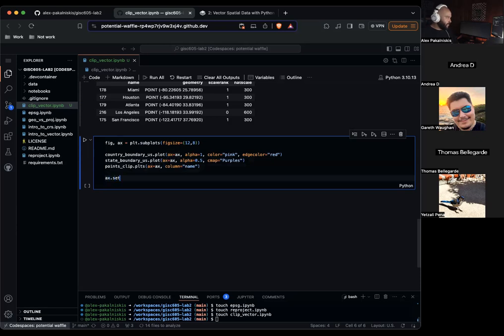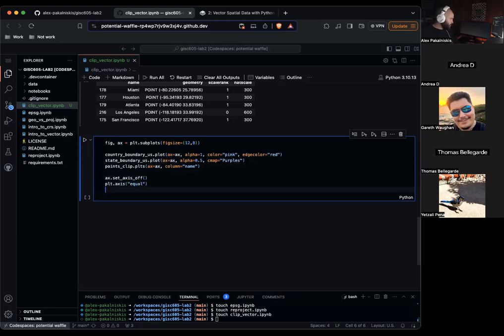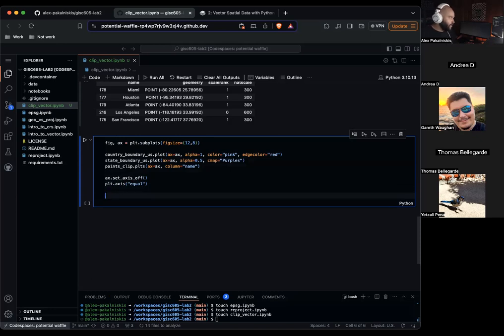Now let's turn off the axes and ticks, set them to be equal. And then let's label the points. Actually, let's do it without labeling, and then we'll do it with labeling.